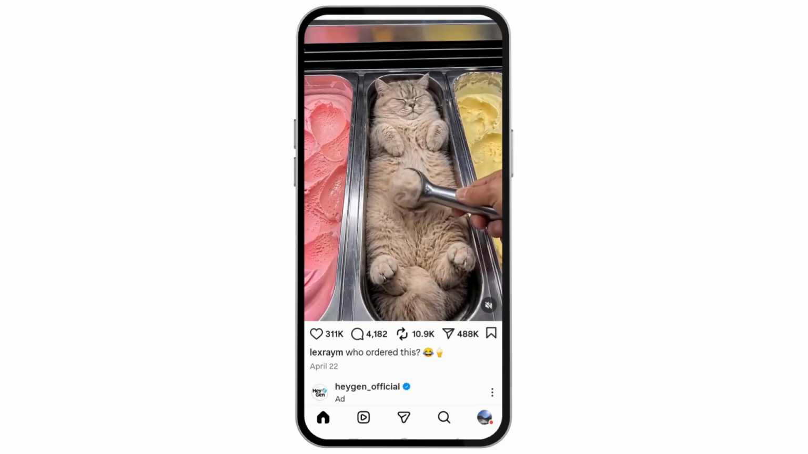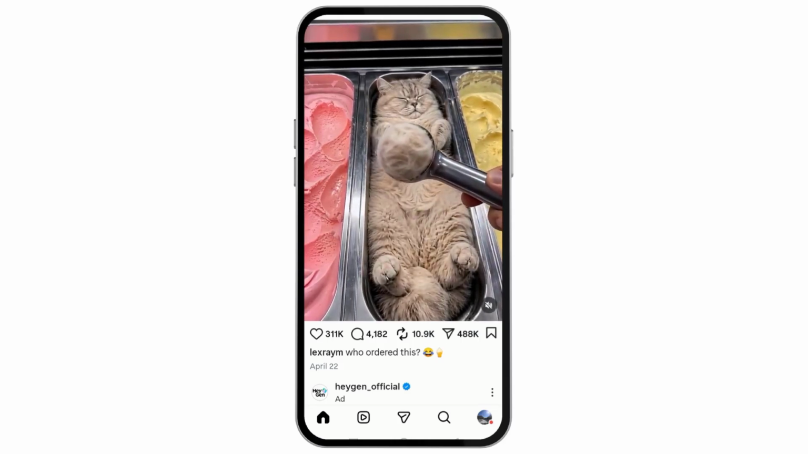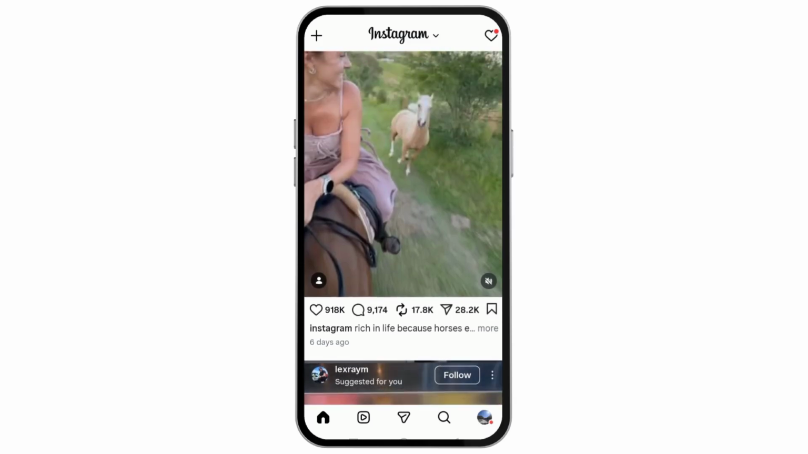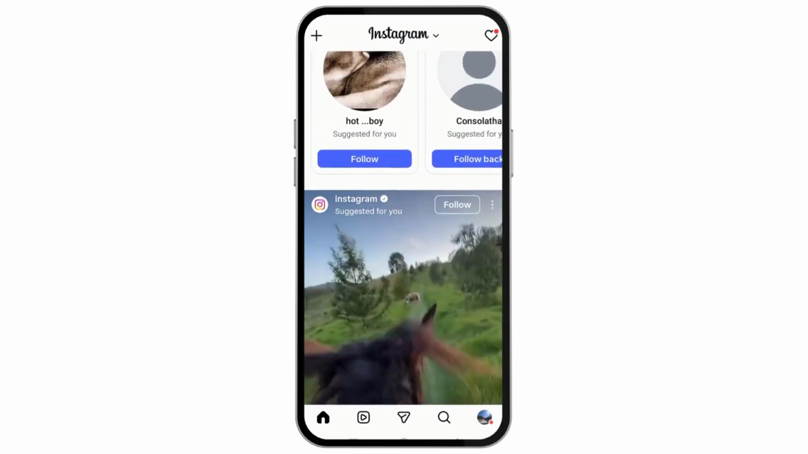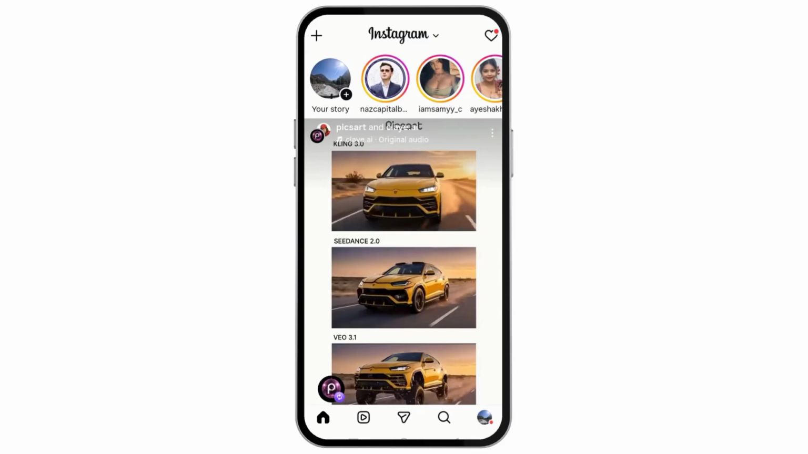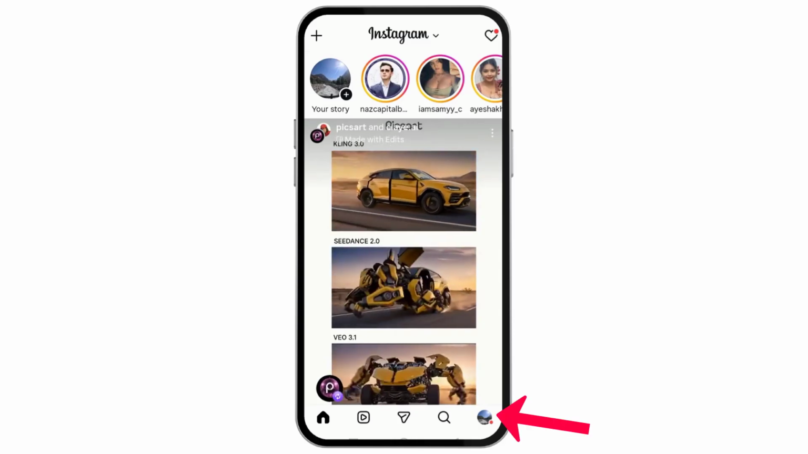In this video, you will learn how to remove the Instant feature from your Instagram inbox and turn off instant notifications. Let's get started. To remove the Instant feature from your inbox, first open the Instagram app and go to